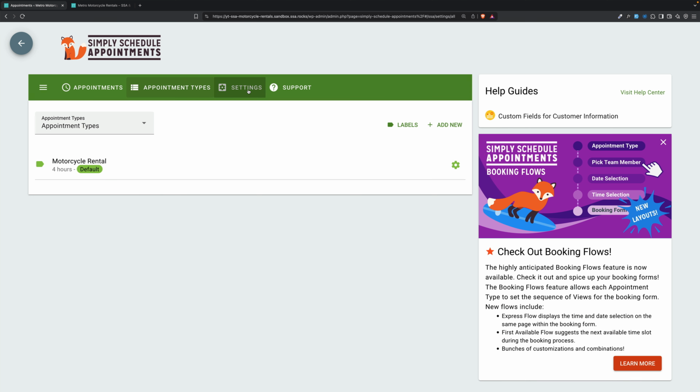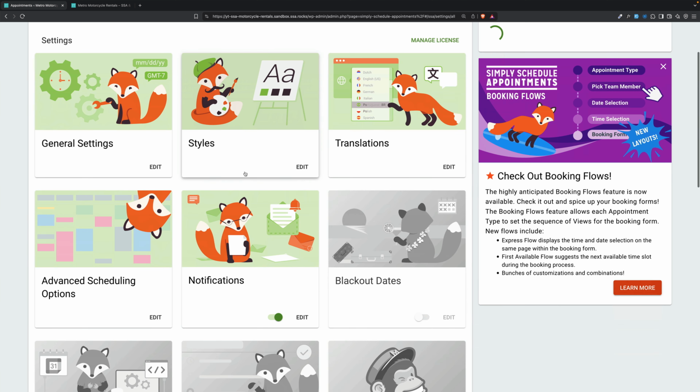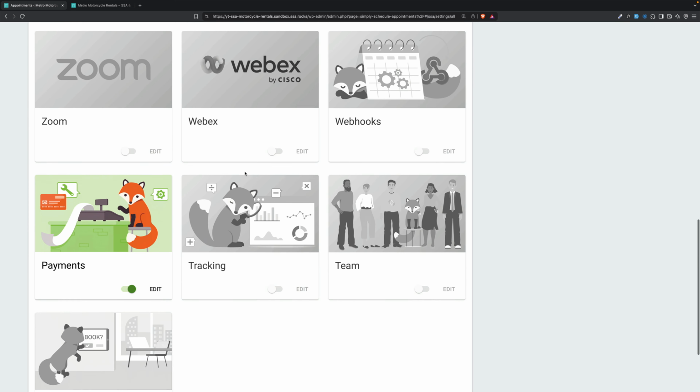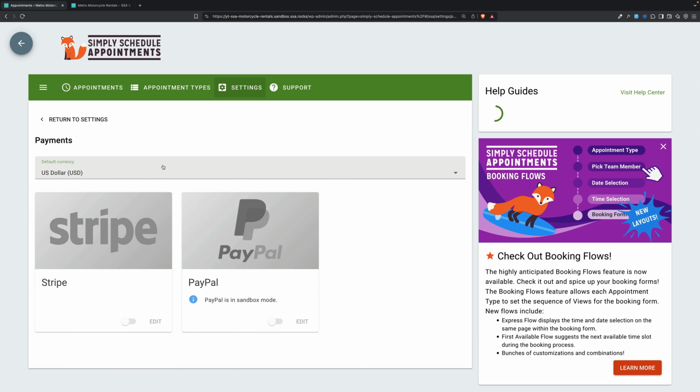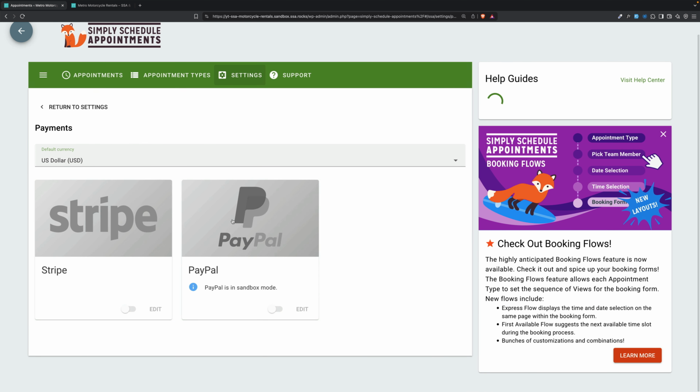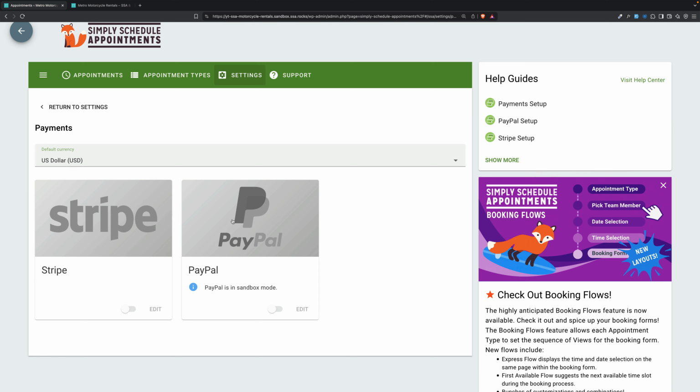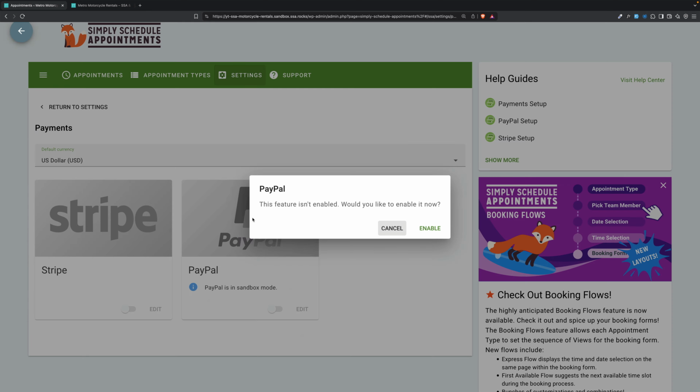So we're going to go to Settings and scroll down and go to Payments. If it's not turned on, you can turn it on with a switch. But then you need to pick a payment type. You can do Stripe or PayPal or both. We have another video on how to set up payments, so I'm not going to go into this too deeply, but I am going to turn PayPal on